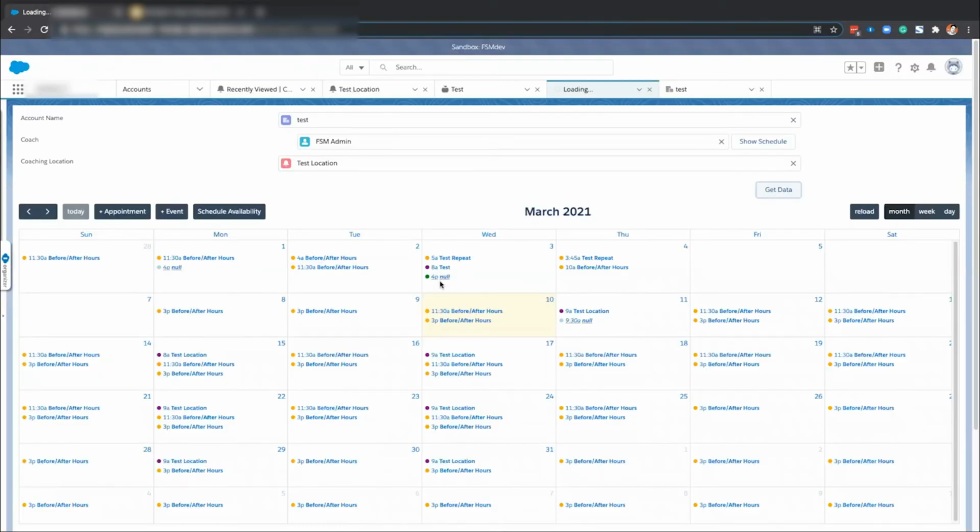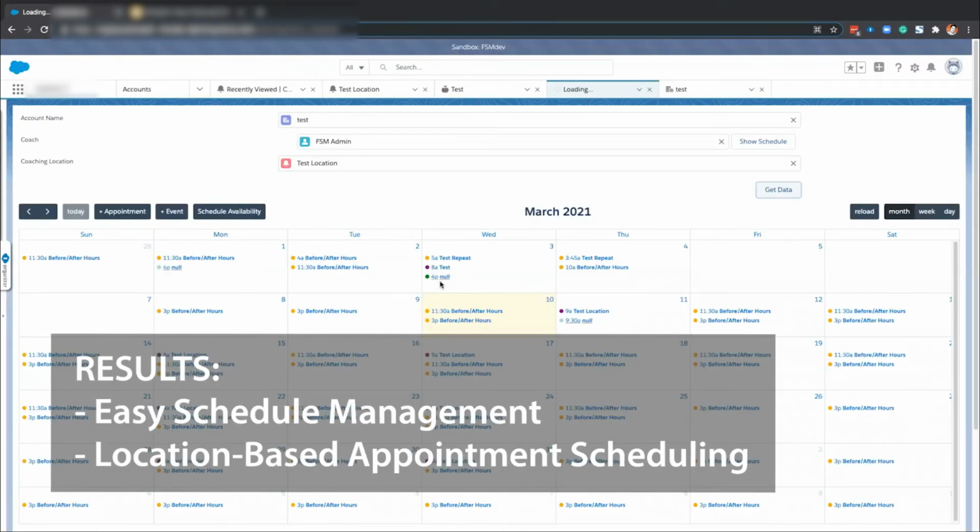Now their service team can easily schedule availability for specific locations, and members can book appointments for specific locations through